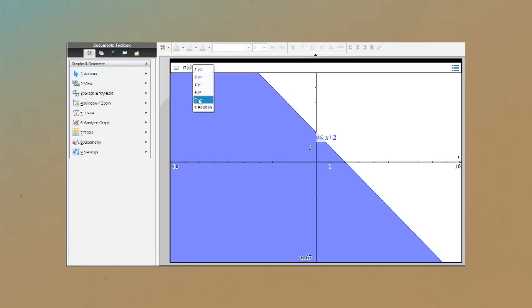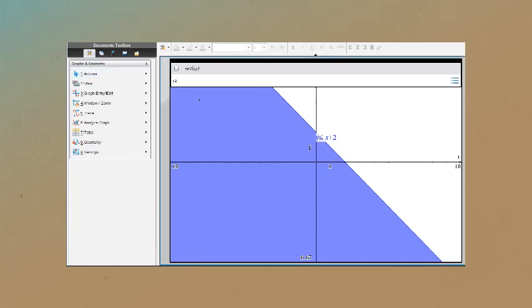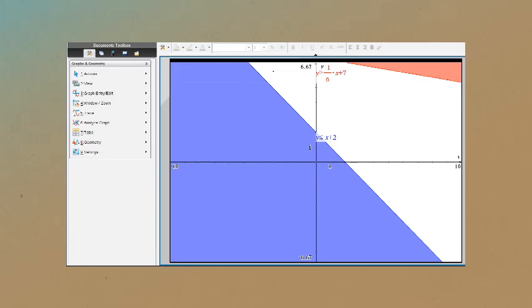So we're going to say this is f of x is greater than or equal to negative 1/6 x plus 7. And we're going to hit enter. Now, I can see, let's see,